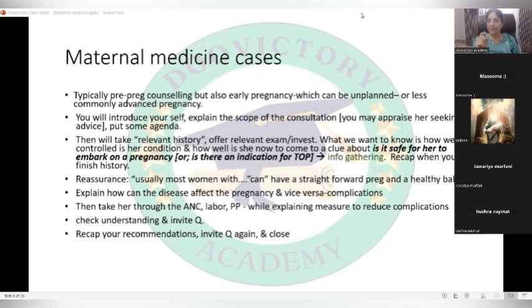So in maternal medicine cases, you need to check upon the symptoms and disease severity, then come to the drug part, come to the medicine safety part and doses of the medicine. And then what about the other systems of the body? Is it involved or not? Then is it a genetic disease or is it an autoimmune problem? What kind of nature is the problem, right? And then coming on to